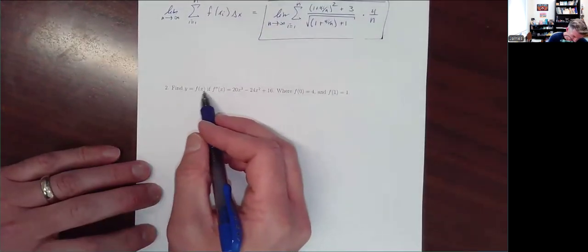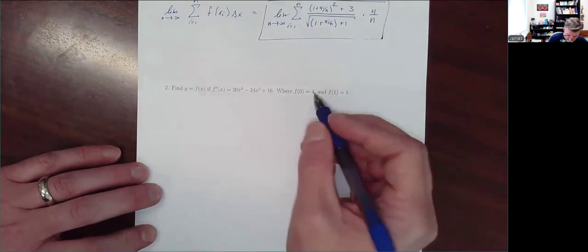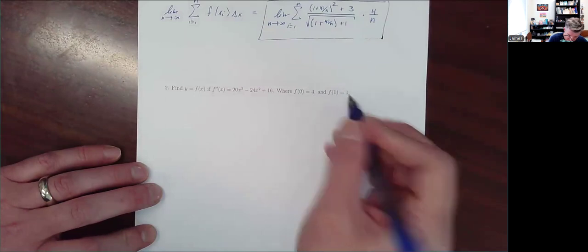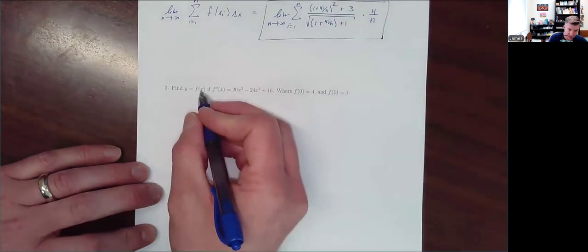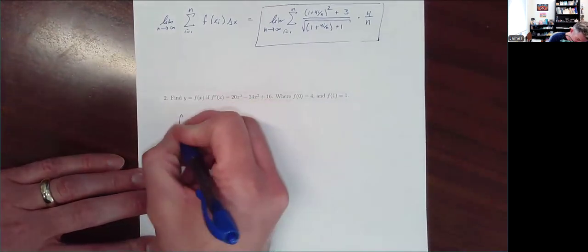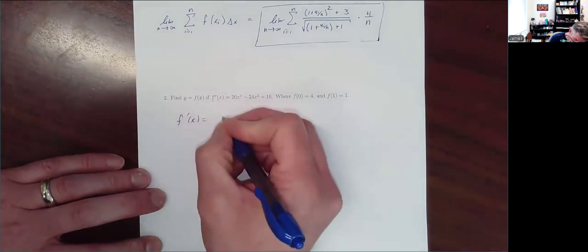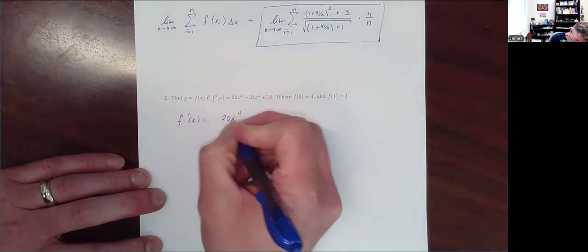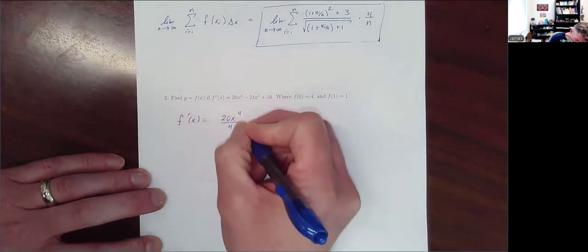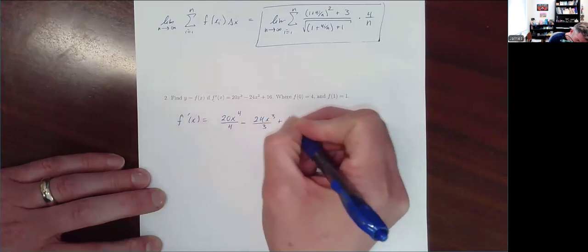Find y equal to f of x if f double prime is equal to 20x cubed minus 24x squared plus 16, given that f of 0 is 4 and f of 1 is 1. So to find f of x, we're going to find first f prime of x by antidifferentiating. So f prime of x is going to be the antiderivative of f double prime of x. So it's going to be 20x to the 4th divided by 4 minus 24x cubed divided by 3 plus 16x